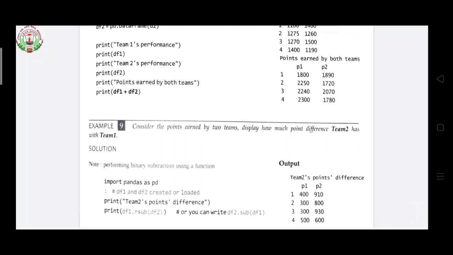Here team 2 point differences is telling that, then df1 dot subtract df2. So you can write df2 dot sub df1.